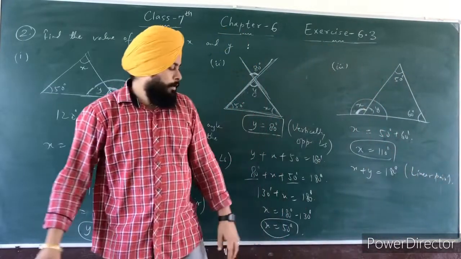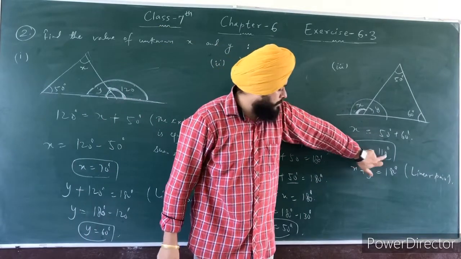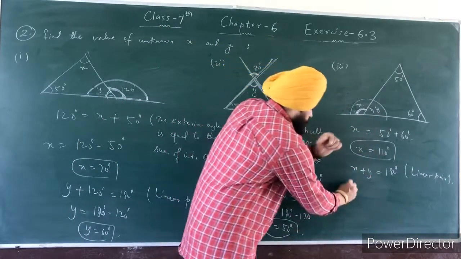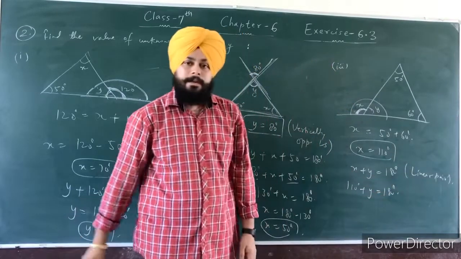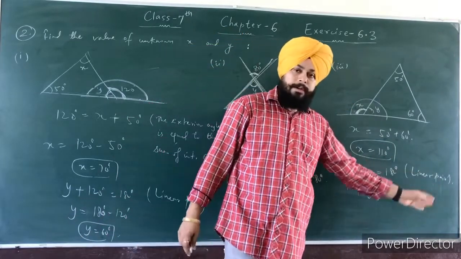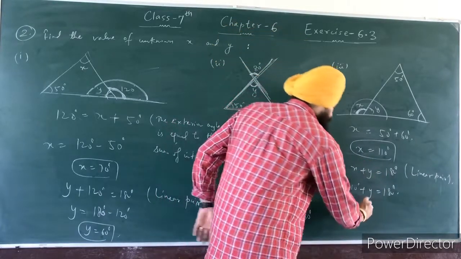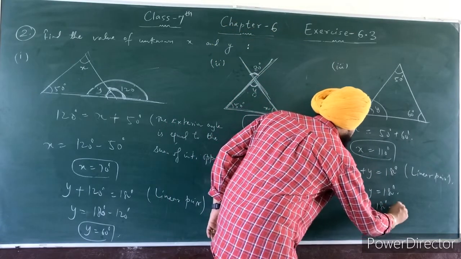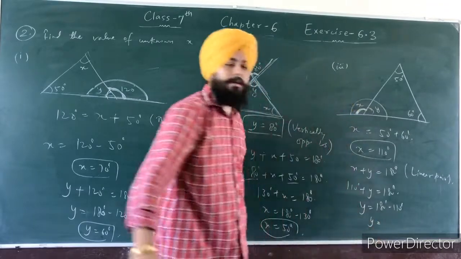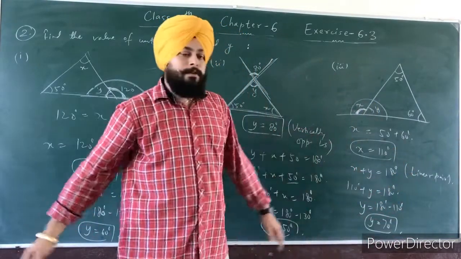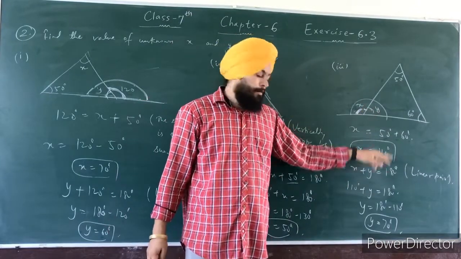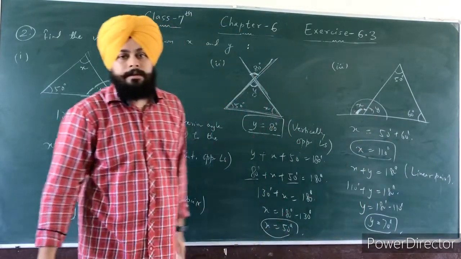This is what? It is linear pair. Now measure of angle x is 110. You can put it here. 110 plus y is equal to 180 degree. Now take this 110 on right hand side. It is subtracted from 180. So y is 180 minus 110. It is 70 degree. Therefore the measure of angle x is 110 and measure of angle y is 70 degree. Alright student.